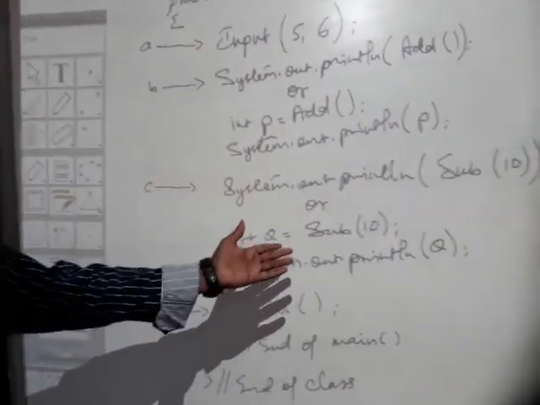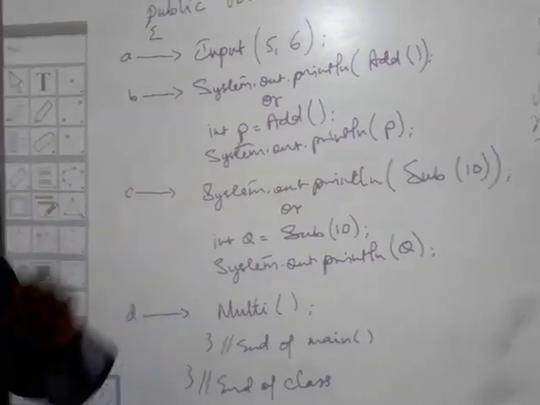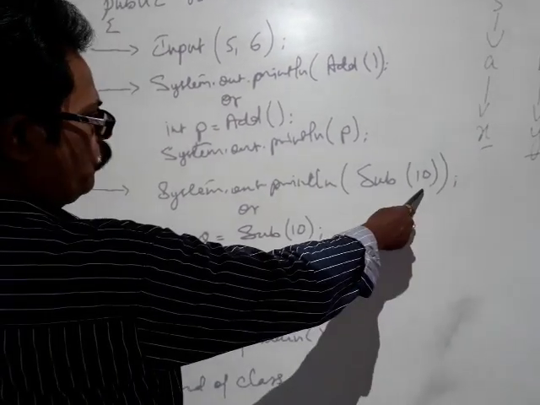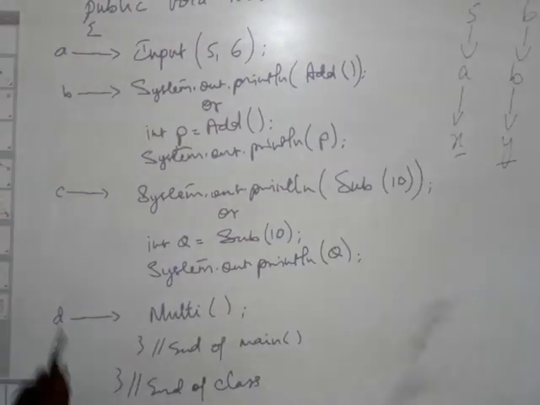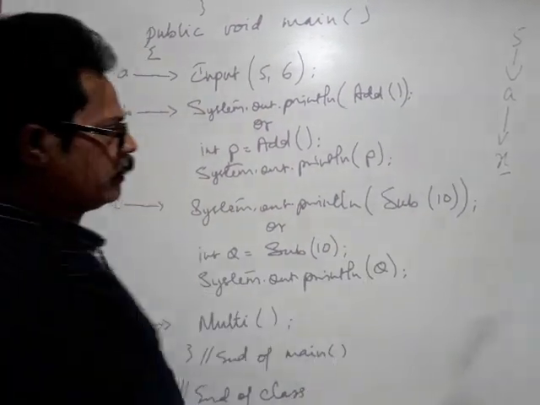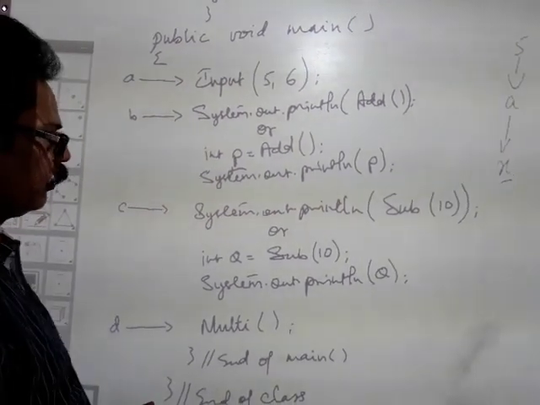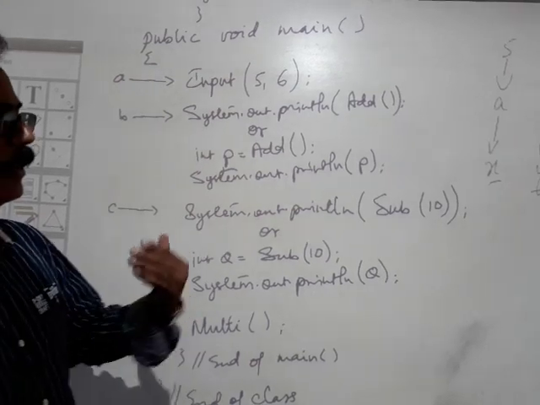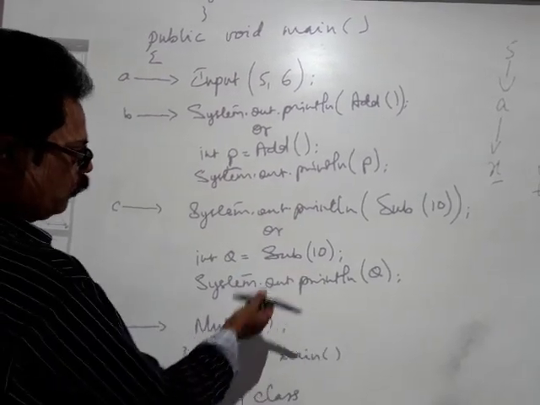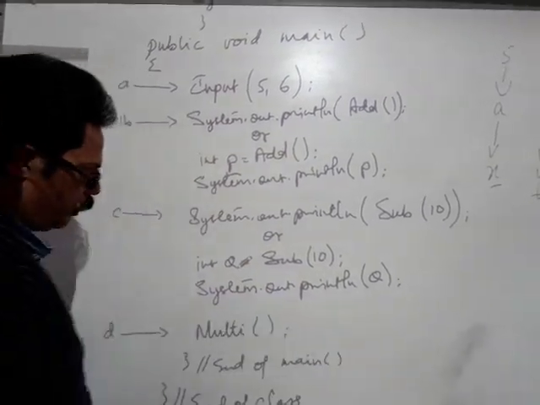Then the third one is your sub. The sub function contains an argument and a return. Okay, so there is an argument over here, and it is also returning. Since it is returning, remember, straight away System.out.println(sub(10)), or whatever value the sub function is returning. If you look at the question, it is int sub, so that means it is returning an integer value. Therefore, store into an integer variable called q, and thereafter print q.